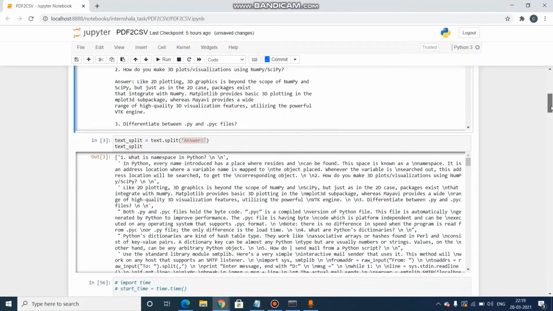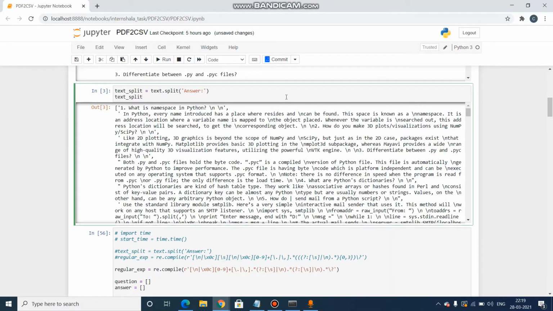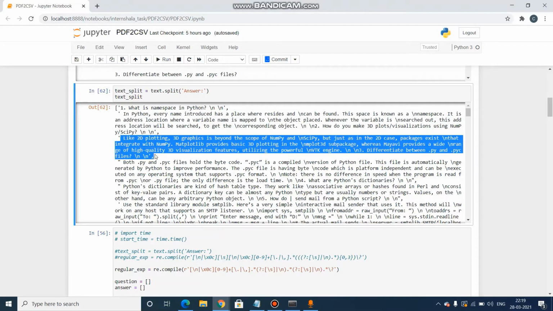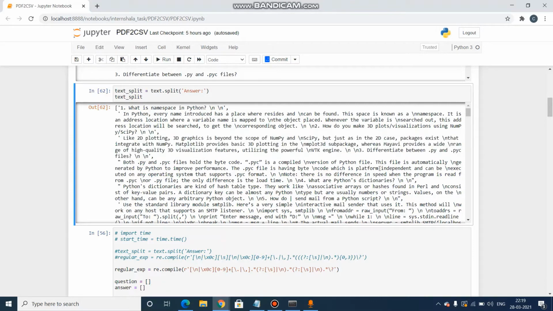You can see what type of output we get after splitting: we have this question, then after that we get the answer, and because of that we split here. Likewise, whenever we get an answer we split that text, and whatever list we get after the split, we store into text split.